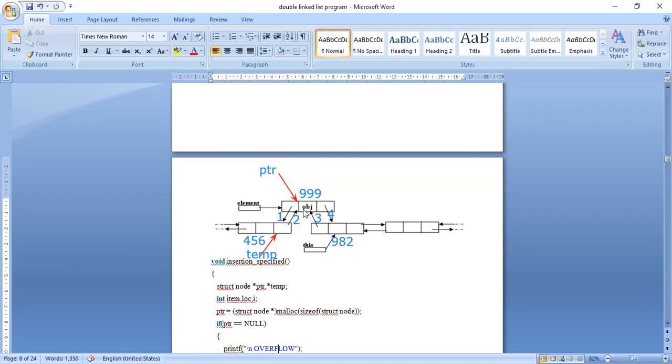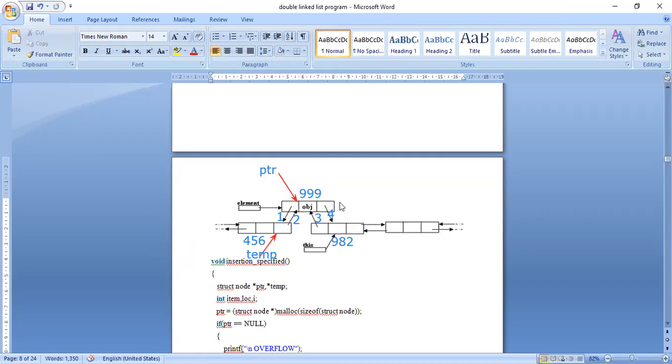So first, I traversed from node 1 until the location where I want to insert the node. That is the first point. Second point is I created a node. Third point is I copied the value into this obj node that was created. Fourth point is I have changed the value of the previous part in obj.